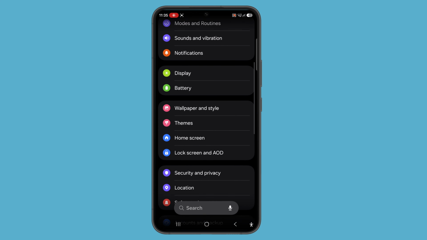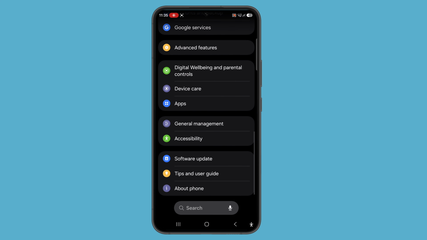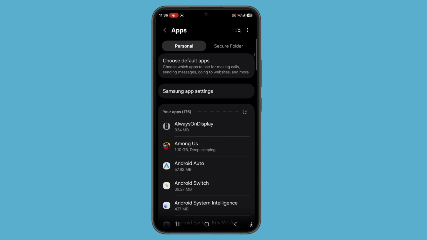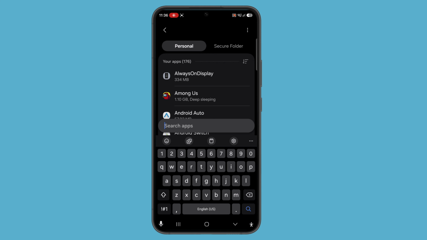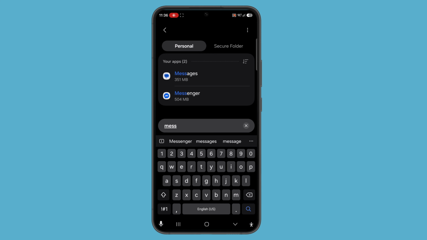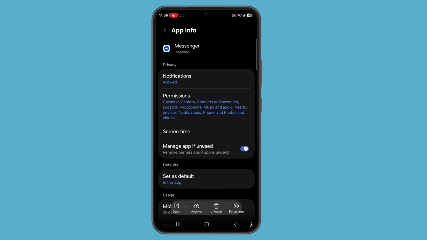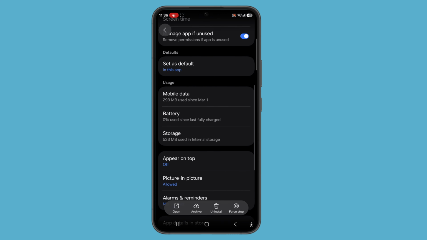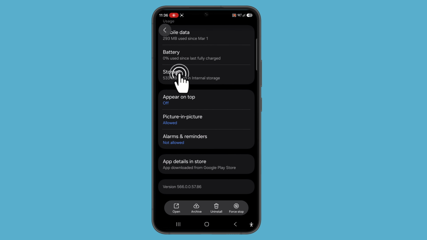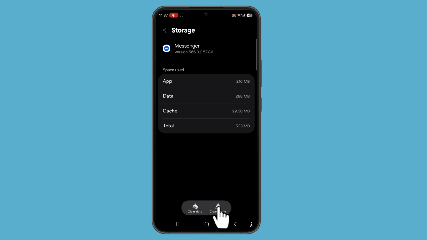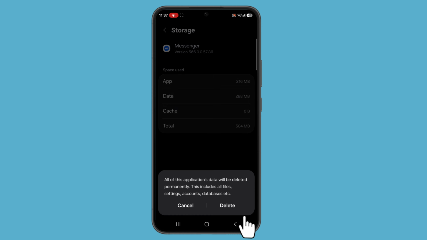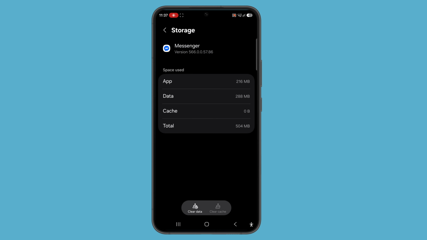Scroll down, tap on apps. After that, tap on search bar, search for Messenger, tap on it, scroll down, tap on storage, tap on clear cache and tap on clear data, tap on delete, go back